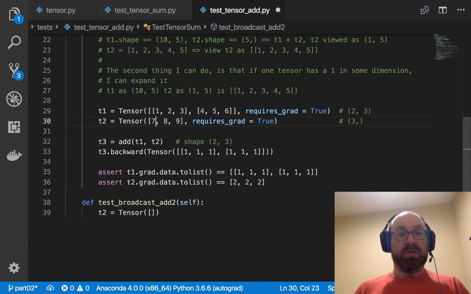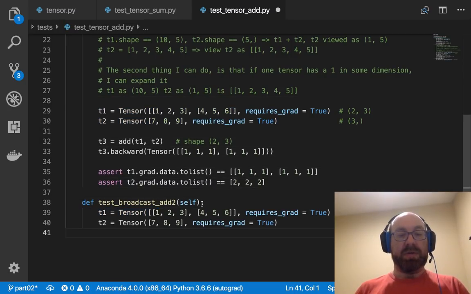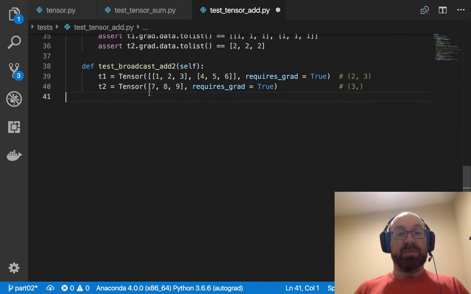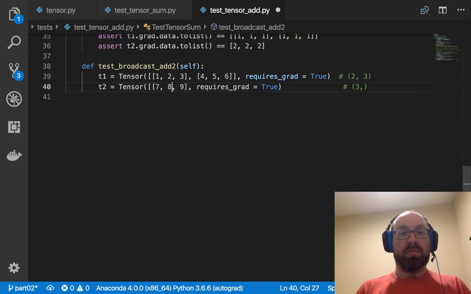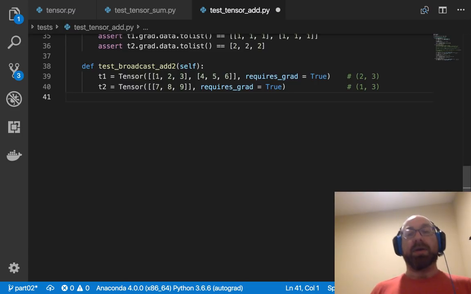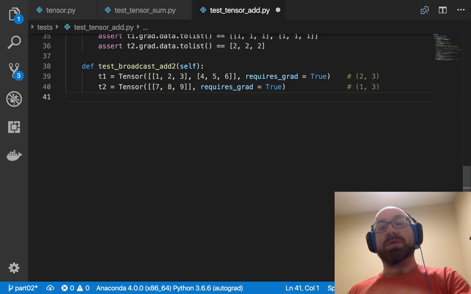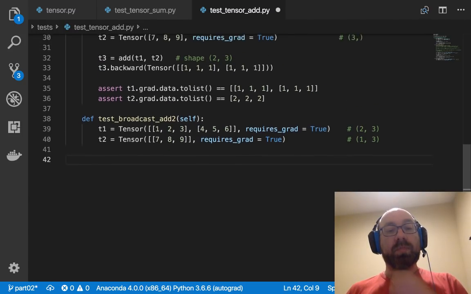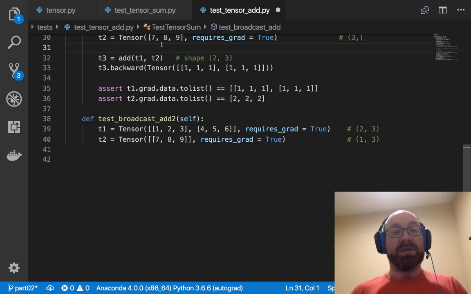Well, so this is an easy way to do it, is basically let's add this extra dimension here. So now that's 2, 3, and that's 1, 3. So the same thing is happening here, but now we don't need to sum out that extra dimension. We want to keep it, but we still